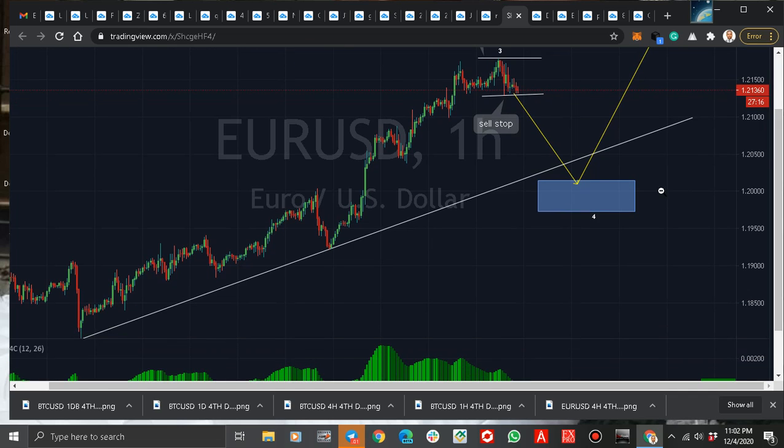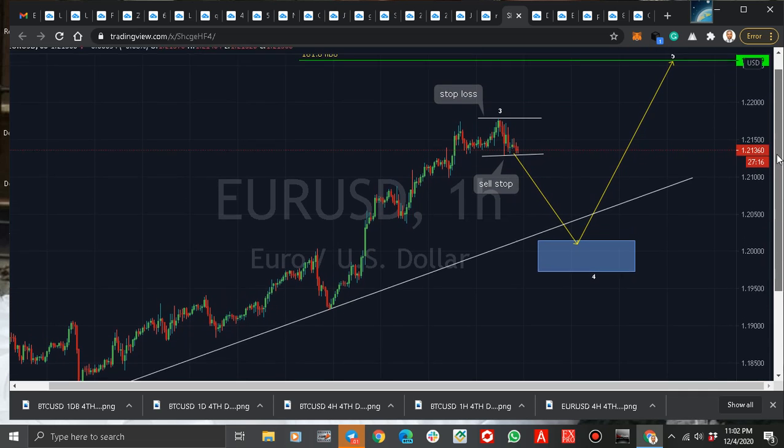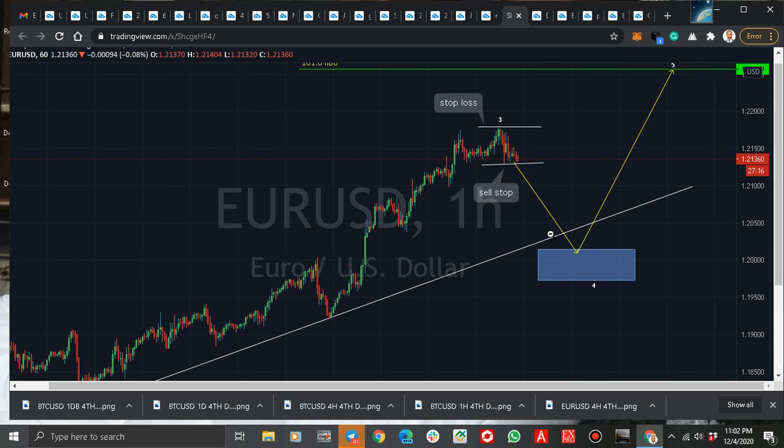That is if I will consider selling. But right now, I would rather buy than sell. But if you like to sell the retracement, this is how you trade it. You put a sell stop here, and if it breaks, you will be in the market and watch your take profit around here. Don't be greedy because the trend is still up. Okay,